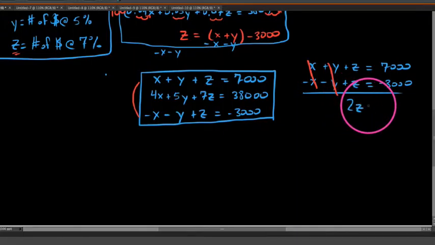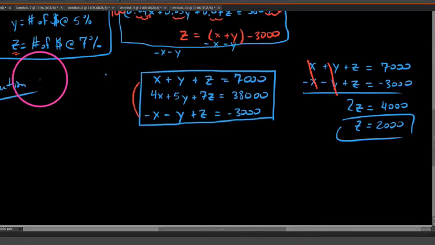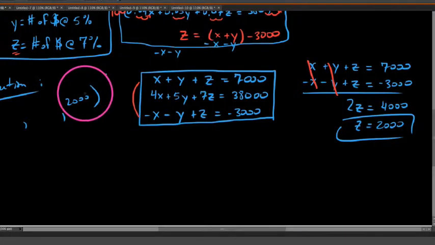We end up with 2 z's, and I didn't see this coming, but one thing we're already aware of right off the bat is that we have it in at least our last account here. So when we write our solution, we've just determined that in our z account we have $2,000 invested. So if z is equal to 2,000, what we want to do now is go back and solve for y